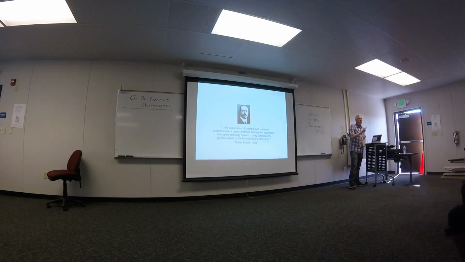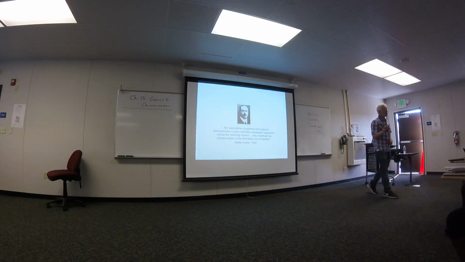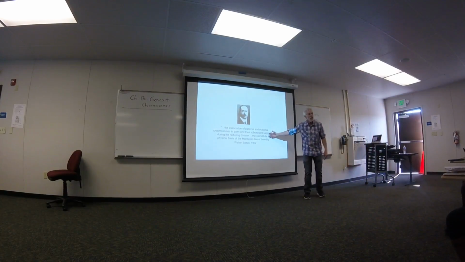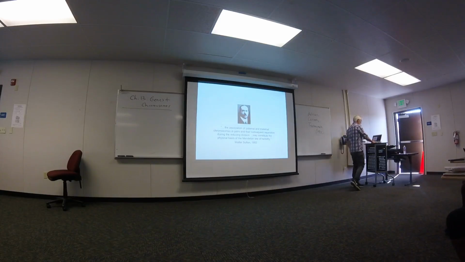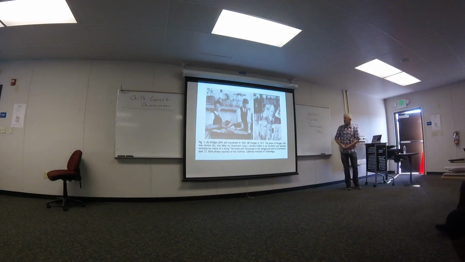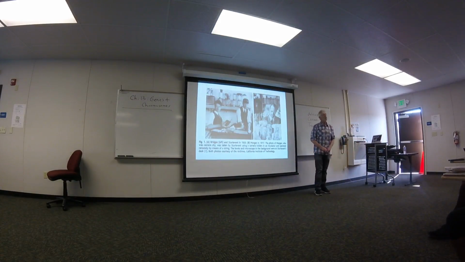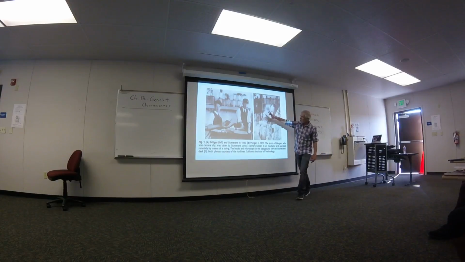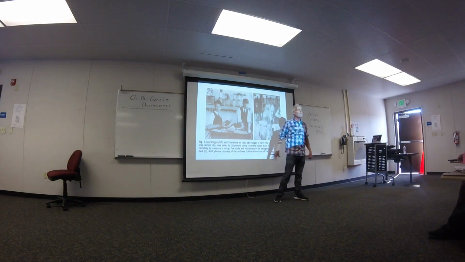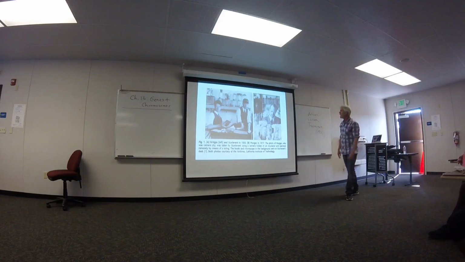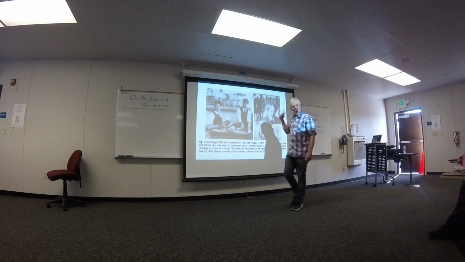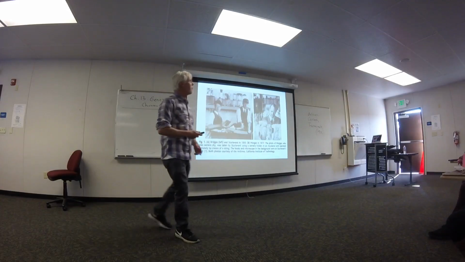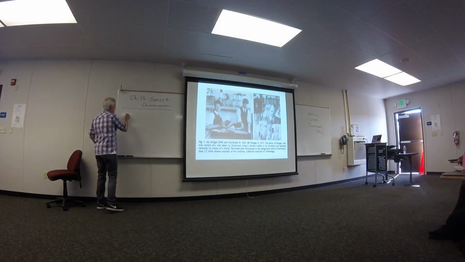Now, that observation needs some more experimental support. And the experimental support that's going to confirm this chromosomal theory of inheritance comes from a lab at Columbia University in New York City by one of the great early geneticists of the 20th century. This is Thomas Hunt Morgan, who later was a professor at the University of Kentucky, where I did a year of study. These are some of his top students in what they call the fly room at Columbia in downtown New York City, because what Morgan chose as his study organism was not a pea plant, but was the fruit fly,